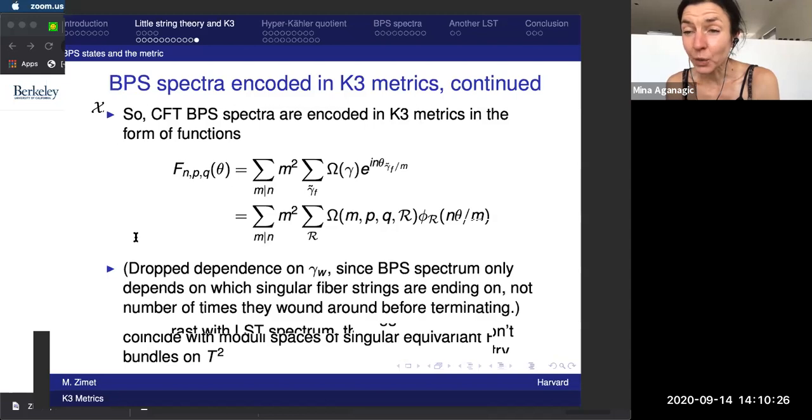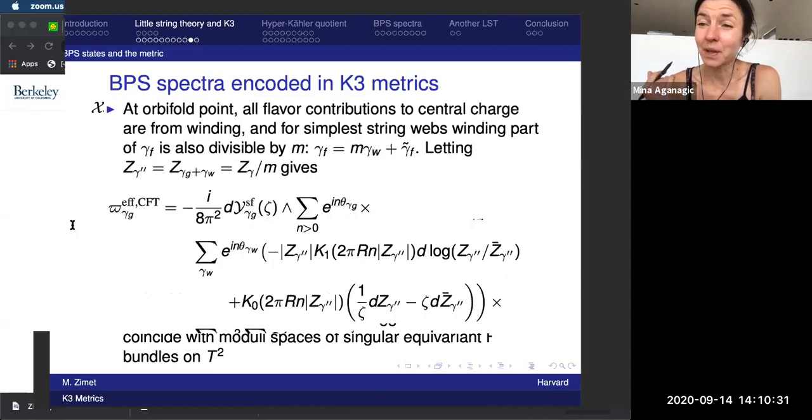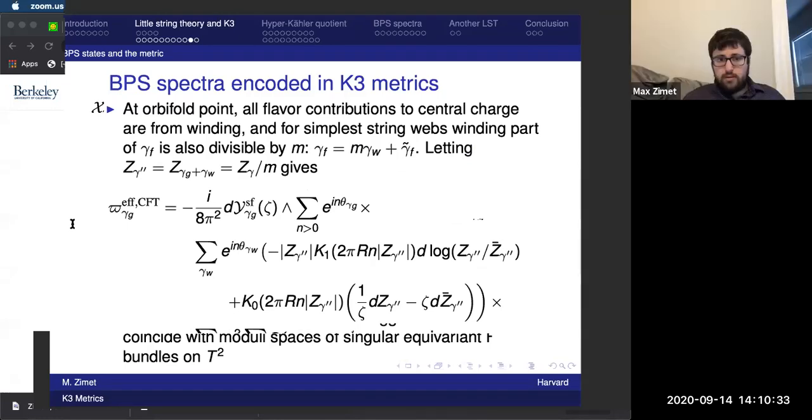Can you remind me again which part of this formula was known before? Like you said, people have known the leading term. Yeah, so this is just the Ooguri-Vafa formula, where we just include the contribution from a BPS state associated to all of these simplest string webs. But if one wants to go beyond the Ooguri-Vafa formula, then one can just iterate the integral equation more.